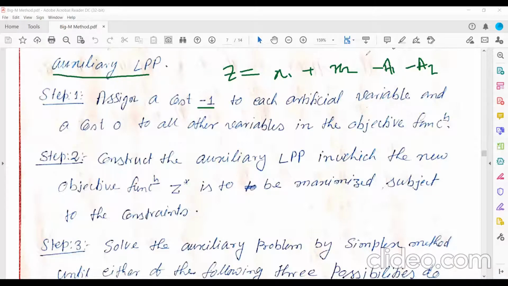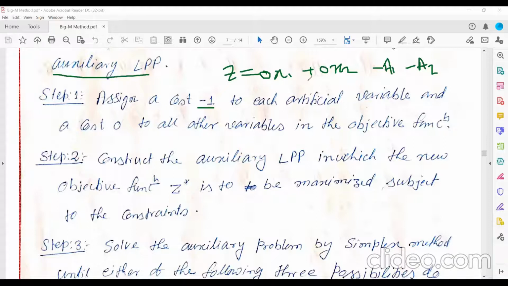All other variables, such as surplus or slack variables if present, are written with their coefficient as 0. Forget whatever the coefficients of x1, x2 are in the given LPP. So in step 1, we are going to construct an auxiliary LPP.